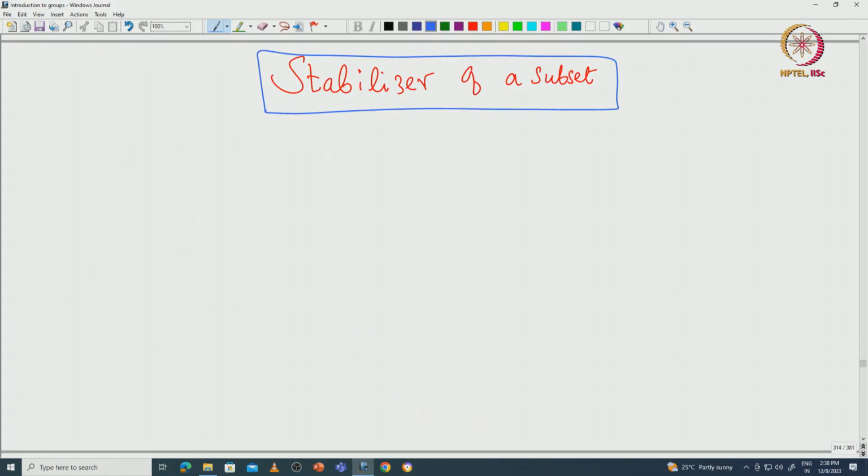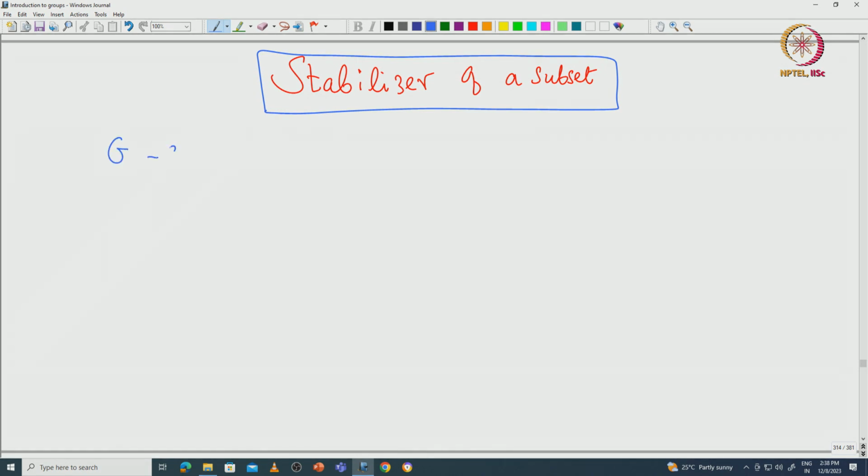Welcome back everyone. In this lecture, we will continue with the study of group action. In particular, we will study the stabilizer of a given element or given subset and then prove they are indeed subgroups of a given group. And then using that, we will conclude more about the orbit of some element. Okay, so let's start with fixing some notation.